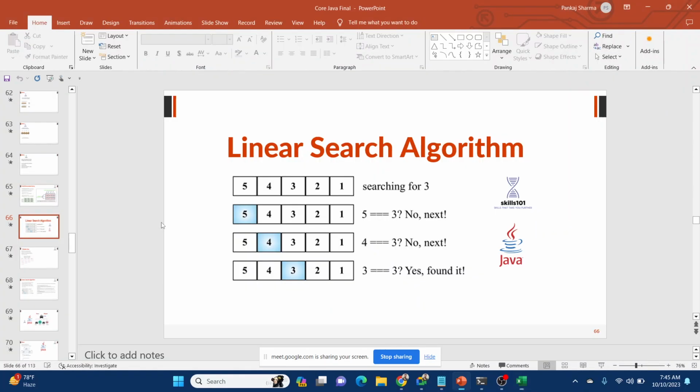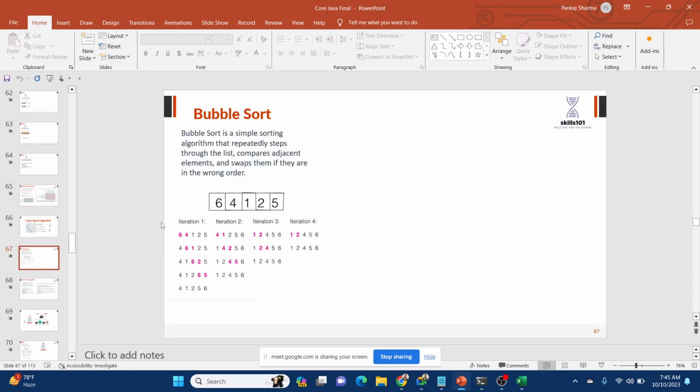Let's look at it. Bubble sort is the simplest sort. The name bubble sort is there because it behaves like a bubble. When you see a bubble in water, the bubble goes upward, right? In a similar fashion, whatever the biggest value is, it will always go to the end after every iteration.